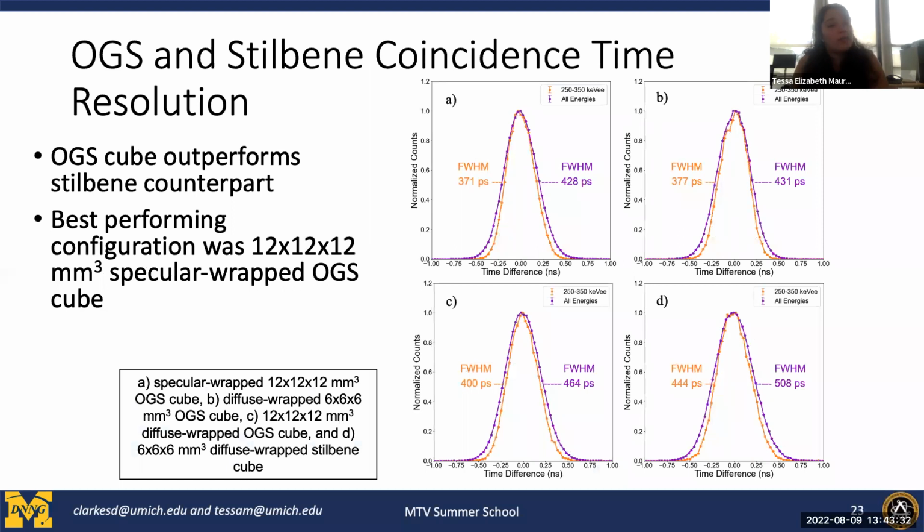And so we also tested coincidence time resolution. And again, we were comparing between OGS and Stilbene, and then also investigating some things like wrappings. We also introduced some bigger cubes. So not only were we looking at 6 by 6 by 6 cubes, but also 12 by 12 by 12 millimeter specular cubes. And so again, the main takeaway from this is that the OGS cube outperforms the Stilbene counterparts. And so we're seeing even higher resolution